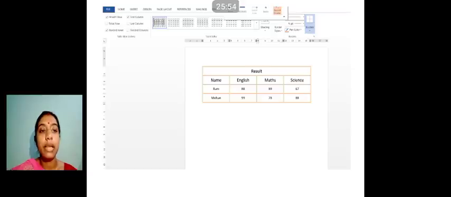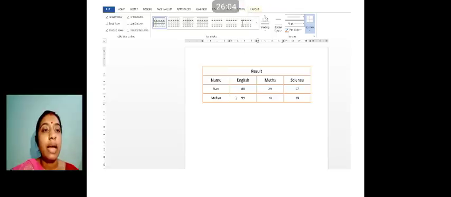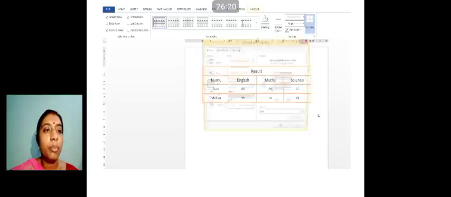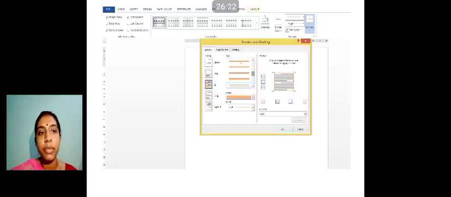Here is the table which we have created. I have changed the border color already so that you understand it nicely. Now let's see. As the table is done, here on the Design option, you can see Borders is there, and a drop arrow is there. From that drop arrow, Border and Shading, this dialog box appears.